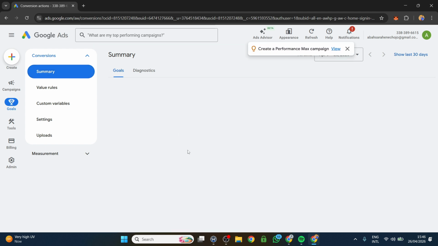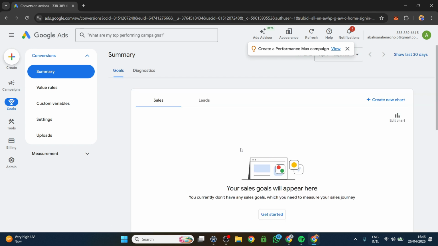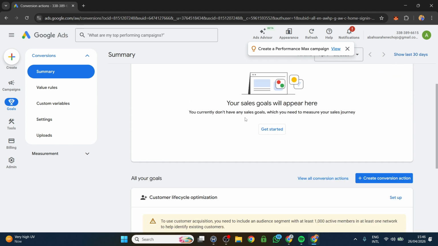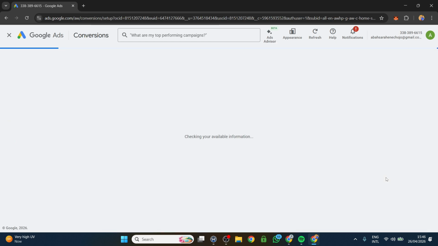So all you have to do is just wait for it to load, and once it is done loading, we can actually proceed with the rest of the campaign setup. It's very simple, right, when it comes to creating your Google Ads conversion tracking. It's not something that is so difficult. If you're into sales leads, depending on what you're looking for basically, but this is not really our main area of concentration, right? So where you are seeing this plus create conversion action, click on it